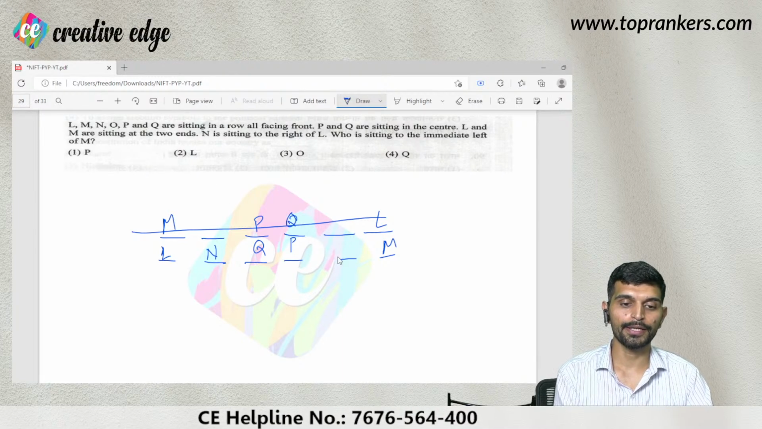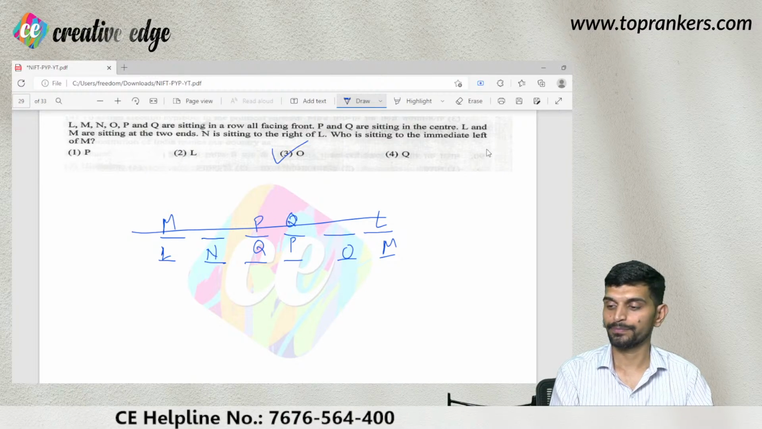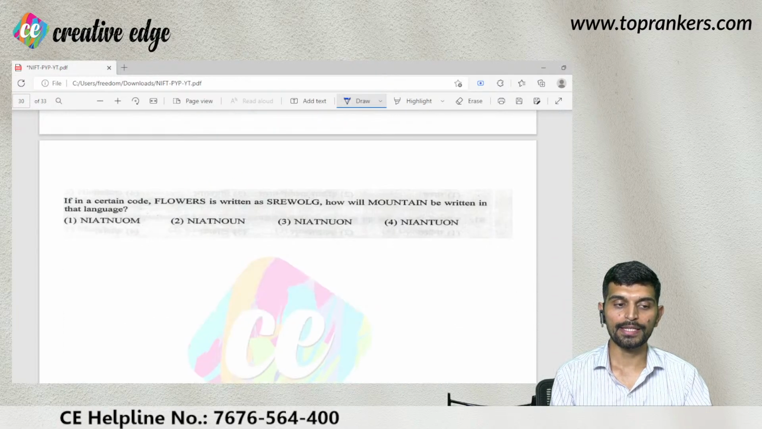Who is sitting immediate left of M? L, M, N, O. It has to be O. Correct answer is O. Next we have,